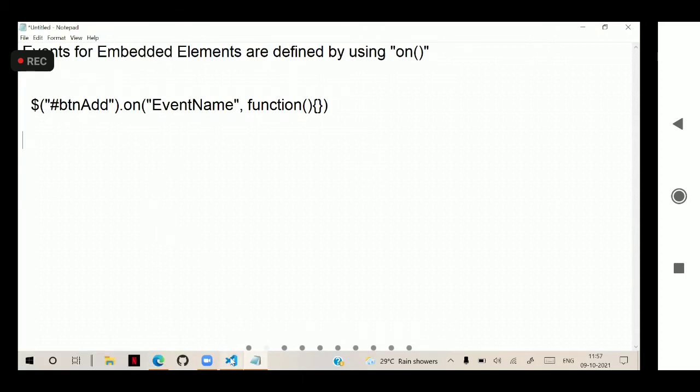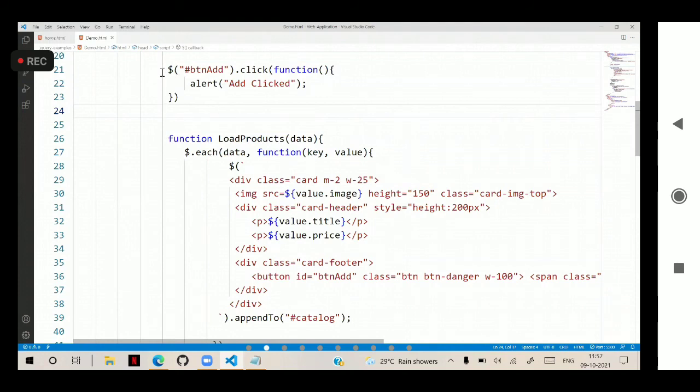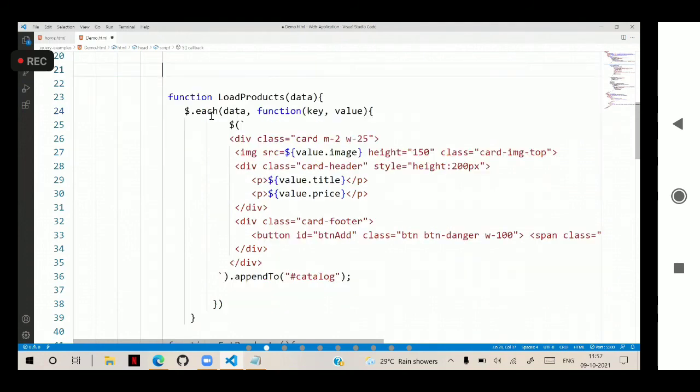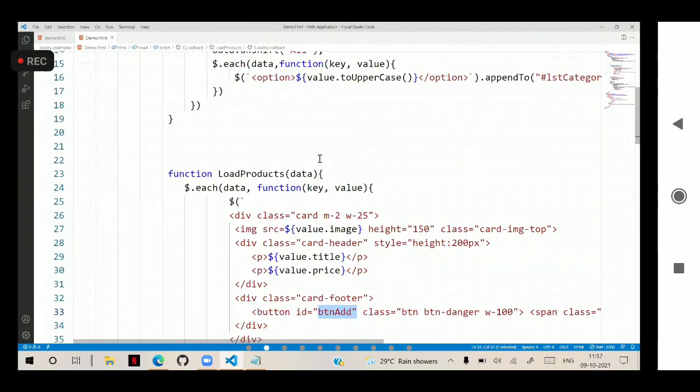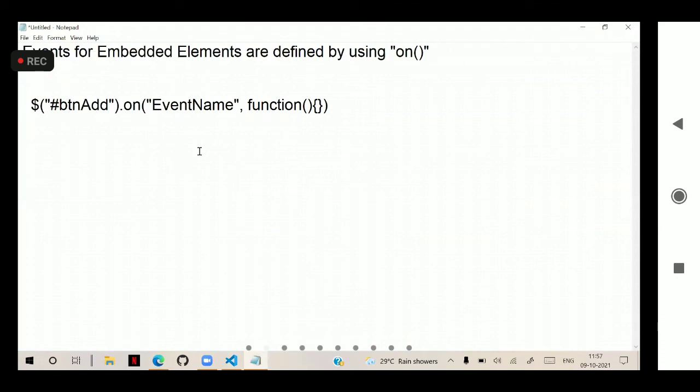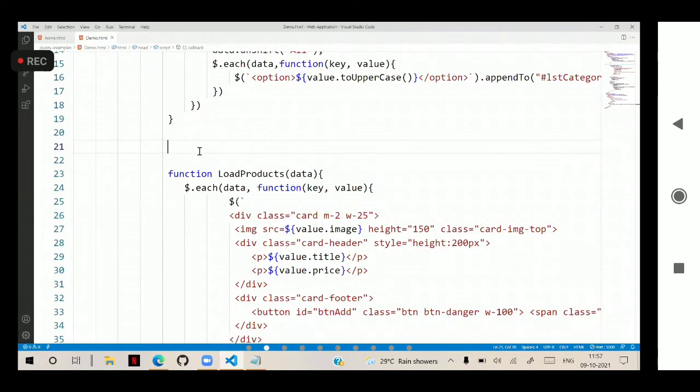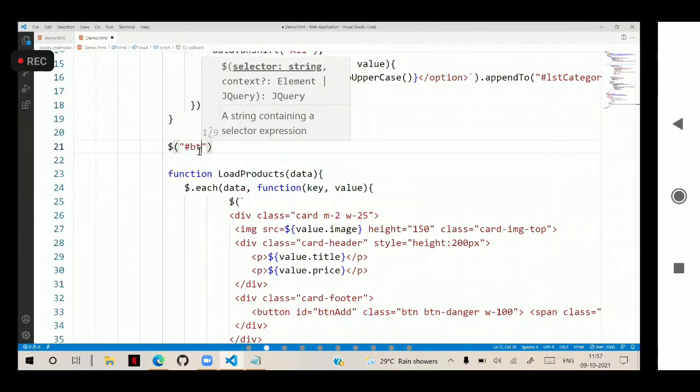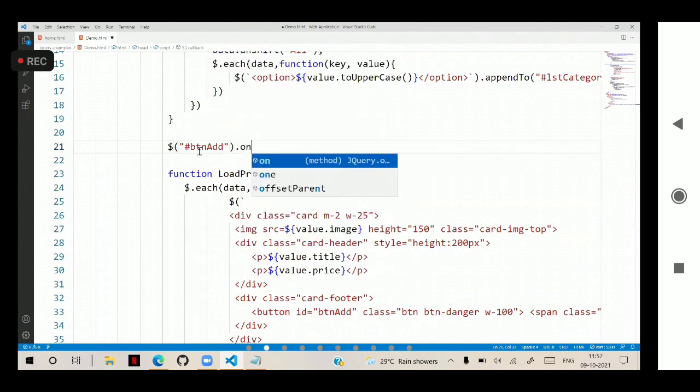That means you see now, actually what we have to do is, that is btnAdd. btnAdd is the ID. We have to write the function here. So we need to configure the function directly. So dollar hash btnAdd dot on.